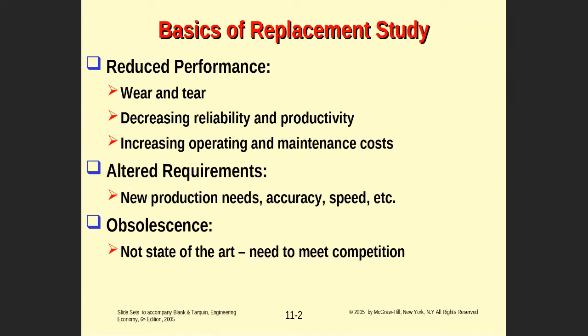This is exactly what Abdurrahman and other students mentioned. Altered requirements. I believe one of you, Abdulaziz, said new production needs. That means this car is old. You need something new, with more technology or maybe more features if you care about that, something superior. And obsolescence, that means it's obsolete. This is exactly what was said by Abdullah. If, God forbid, the car had an accident and it becomes like junk, or it is very, very old so that maybe spare parts can no longer be found easily, so it becomes like